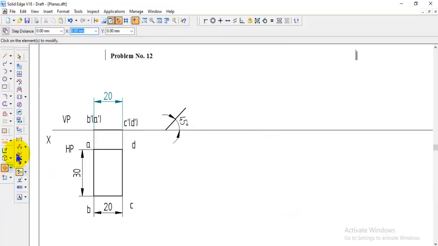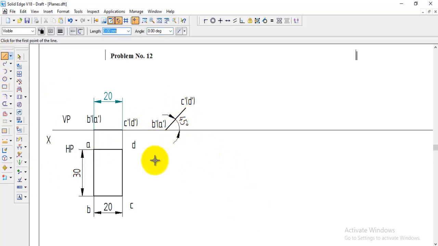Go to the move option, switch on the copy option here, because the same namings are here, so we can move them. First click for selection, second click for pick, and third click for place, then right click to terminate. So like this, same namings we can move to this position of the front view here.